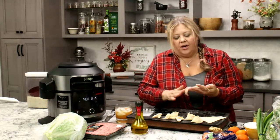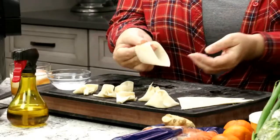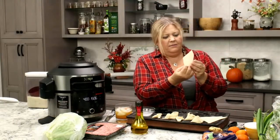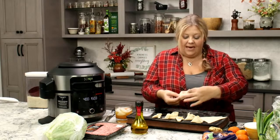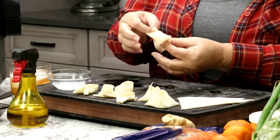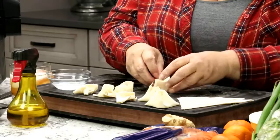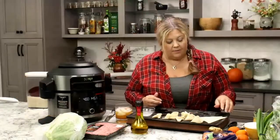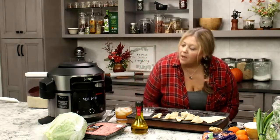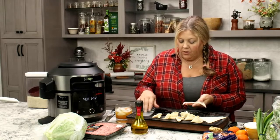Okay, so what I've settled on here is lightly brushing them with water, closing it up on the end so we have like a little, I don't know, what would you call that? Would you call that a hat? Pope's hat. Okay. And then I'm taking this end and I'm folding it underneath and bringing it through to create a little, that didn't work. Of course not. I'm showing you guys it didn't work. Anyway, you get the drift, right? So, okay, we're almost done with this. Now, hopefully this isn't going to be too difficult of a